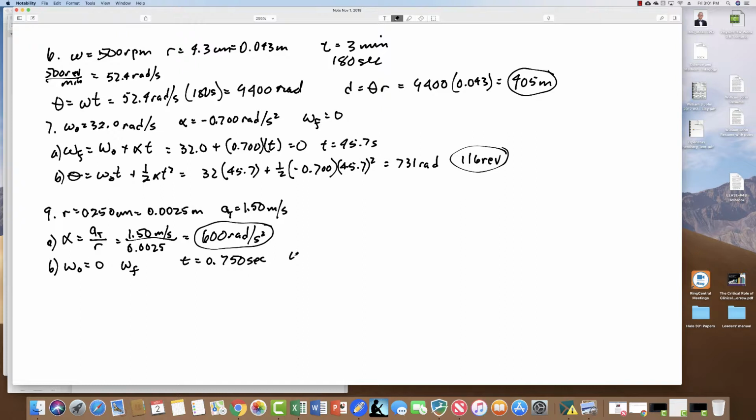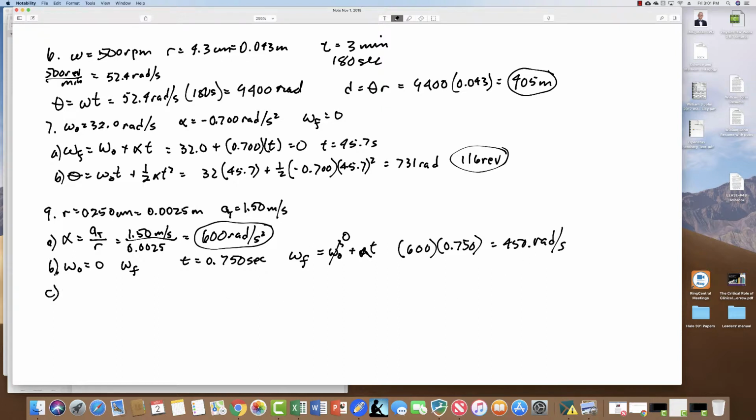Well, again, omega F is going to be equal to omega 0 plus alpha t, excuse me, and this is 0, and so alpha t is going to be 600 times 0.750, and that answer is 450 radians per second,